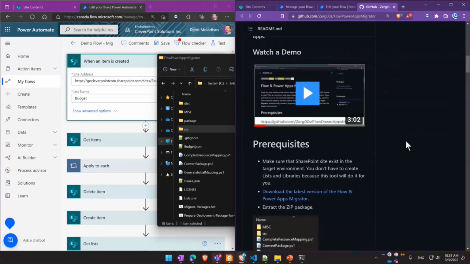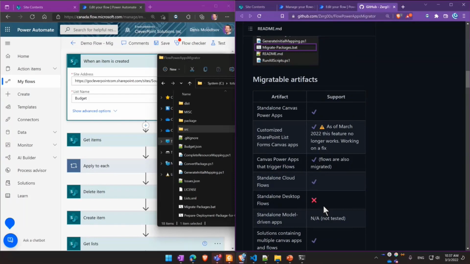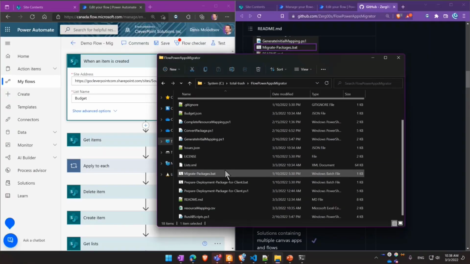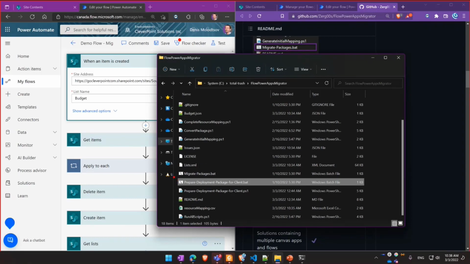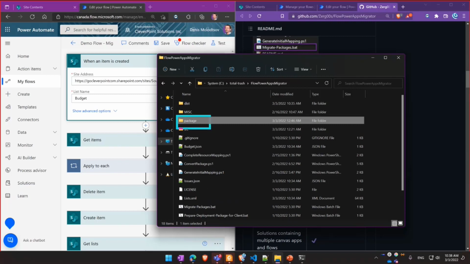One of the cool things that you can do with this tool is to prepare packages for your clients or partners. So there is a script called prepare deployment package for clients. If you run it, it'll package your solution as part of a folder that you can hand over to the client.